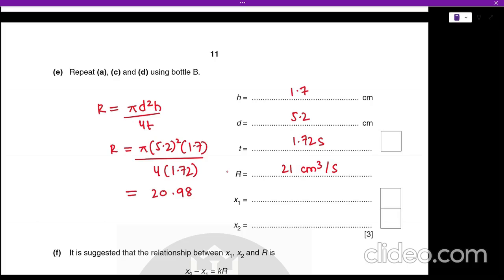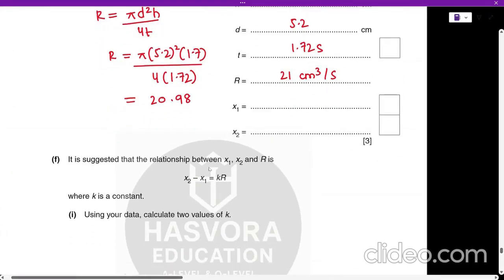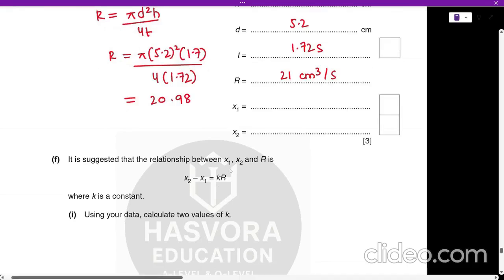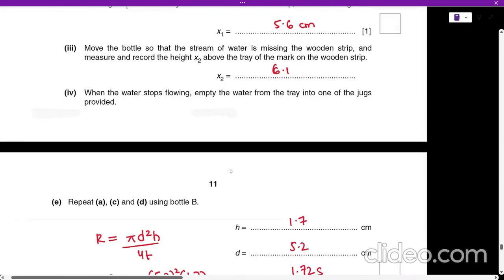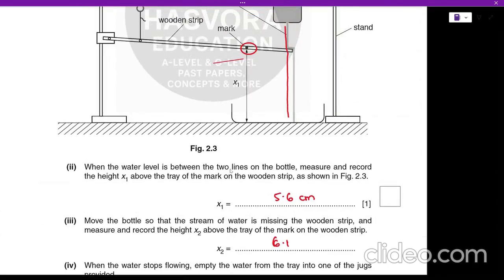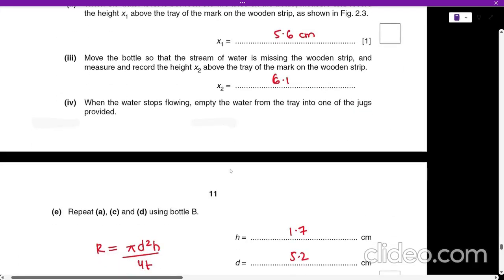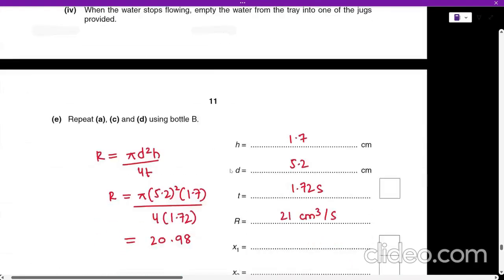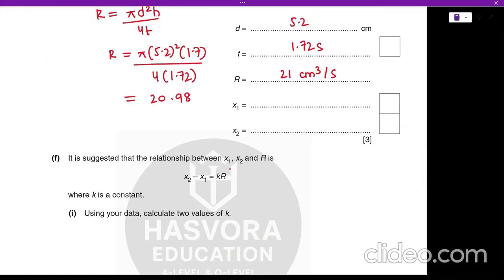So one clue of what would be the unit of the flow rate is, flow rate is actually defined as the volume moving per second. So it is also cm cube over second. So the x1 will also just decrease. Let's just take the value a bit lower than the previous ones, as there will be less pressure of the water on the wooden strip, so the x1 would be a bit higher, as it was 5.6. So let's take it as 5.8,